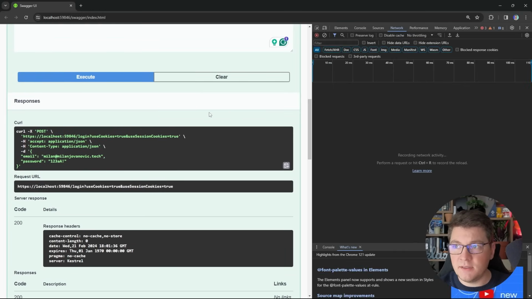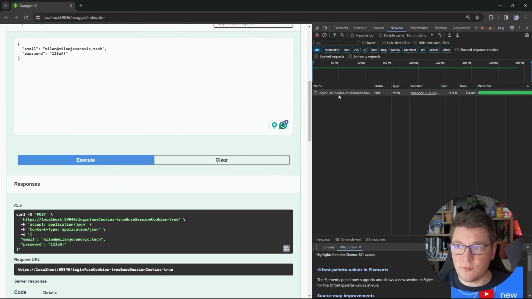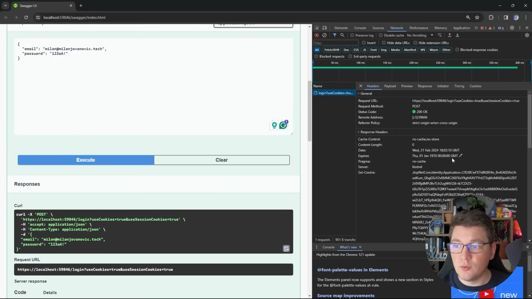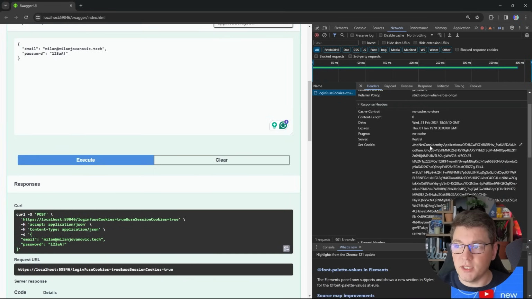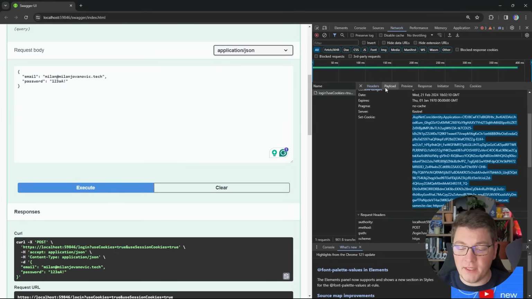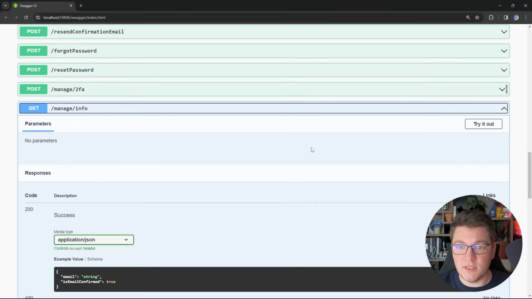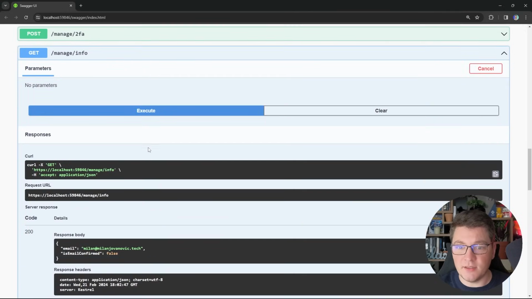But if I open up the network tab and execute this request again, so you can see what's going on, if we take a look at the response, you will see that we are getting back a cookie. And we're going to use this cookie to authenticate with the API. So now if I go ahead and call any of these endpoints which are authenticated, you will see that I'm